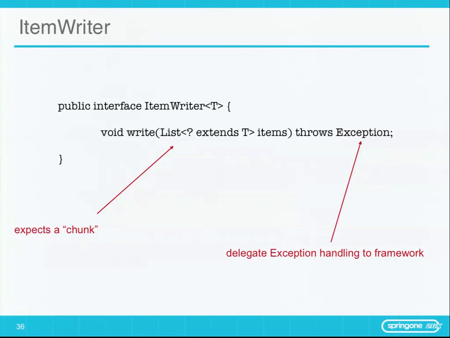Let's see, which looks like this. And again, lots of item writers. The item writer itself is going to be given a list of T, right? So while the reader reads in one at a time, it's expected to write in chunks to the output source. So if you specify 10, then you're going to get a list of 10 or fewer records if it gets to the end of the resource.